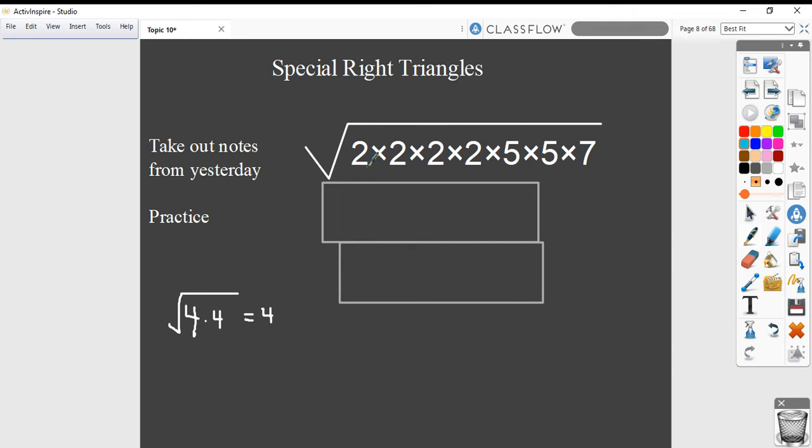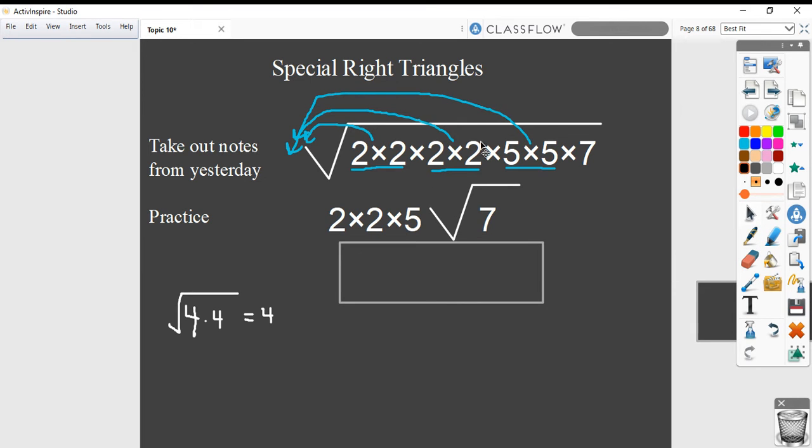So when I look at a problem like this, I can see that there are a pair of twos right there, there's another pair of twos, and there's a pair of fives. So what we can do is say that having this pair of twos inside the radical is the same thing as having one 2 outside of the radical. And we've got another pair, so that's the same as having another 2 outside of the radical. And we've got a pair of fives, so that's the same as saying we have a 5 outside of the radical. So all of that we started with is equivalent to 2 times 2 times 5 times the square root